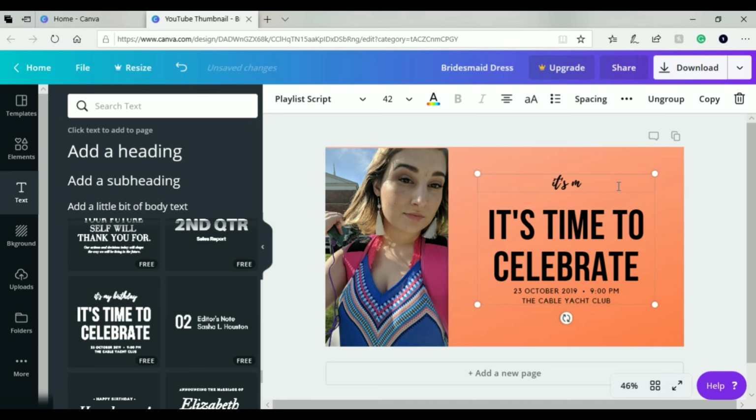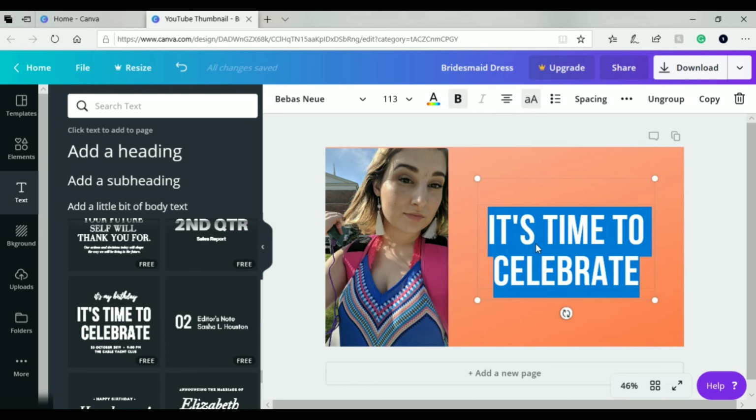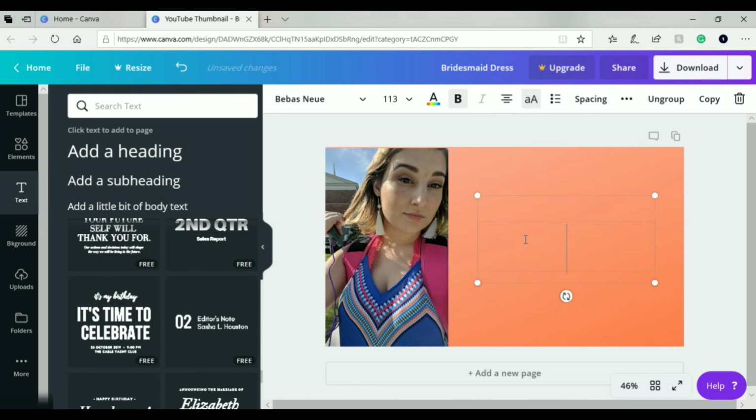And I'm going to be using the "It's Time to Celebrate" letters. So I'll just delete that, and then it keeps its formatting, as you guys can see up at the top. I have no idea how to say that font, but